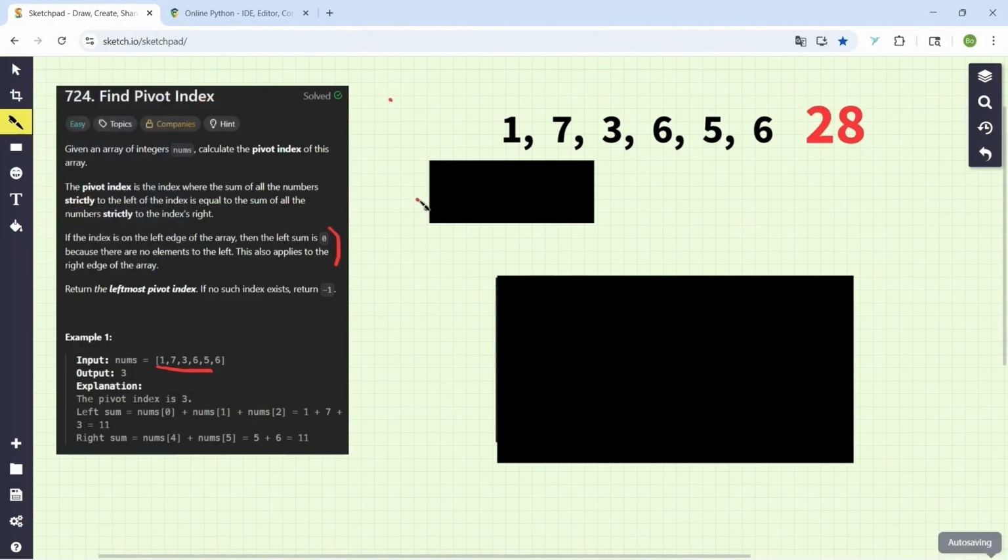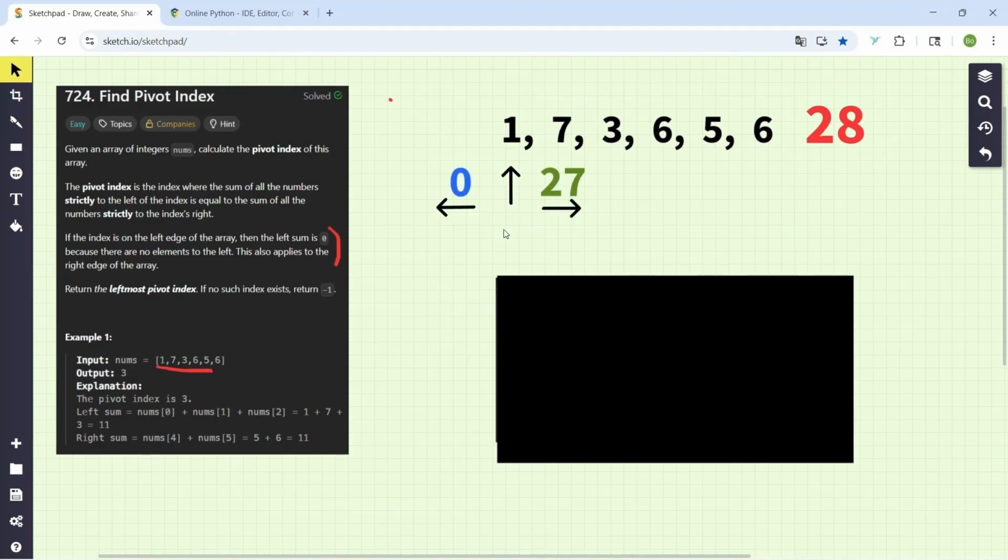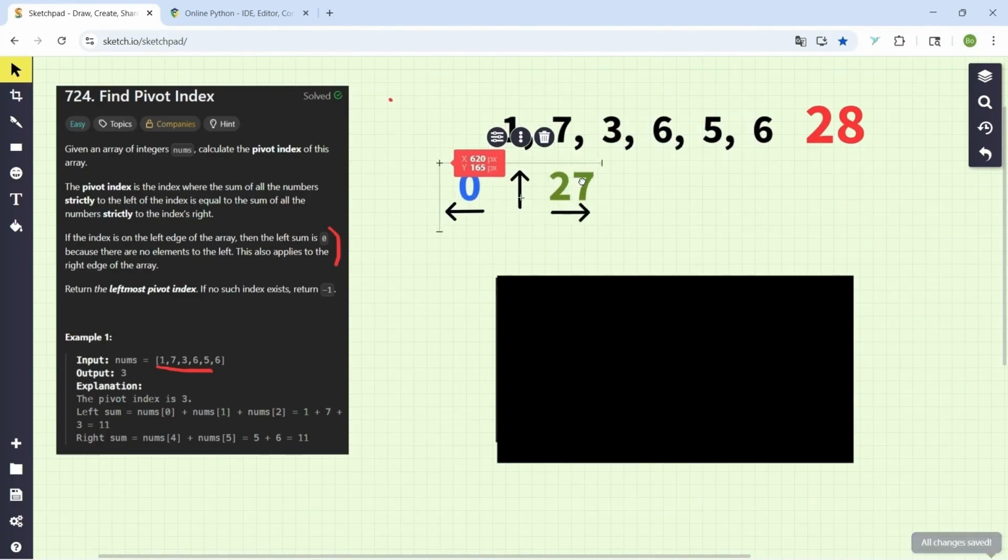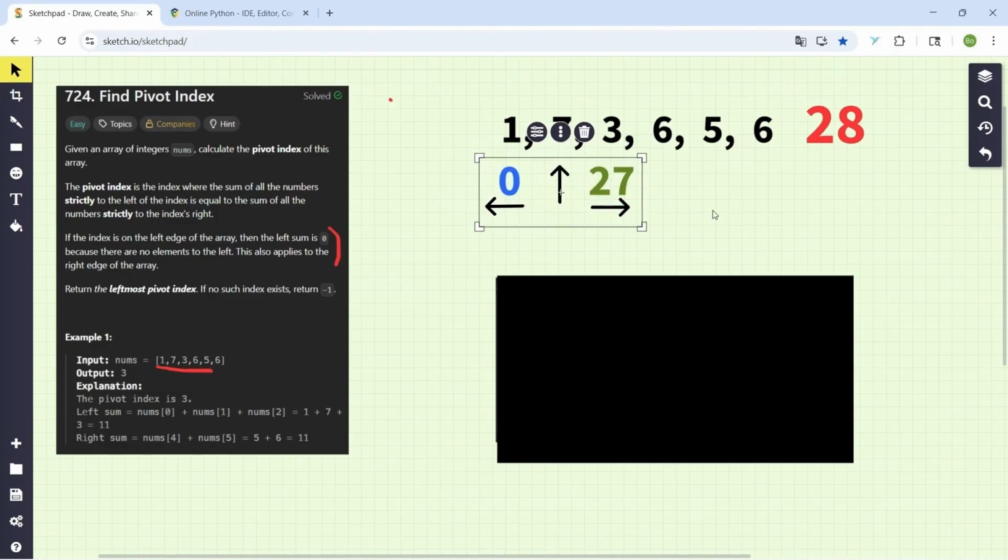This problem is actually solved using basic math. Look, the first thing we need to do is calculate the sum of all the elements in our array. It equals 28. And then, with some mathematical manipulations, we can find this 6 right here. Let me show you how. When our pointer is on the 1, on the left we have 0, and on the right the sum of all elements is 27. If we move our pointer to the middle, then on the left we get 1. And on the right we get 3 plus 6, that's 9. 9 plus 5 is 14. 14 plus 6,